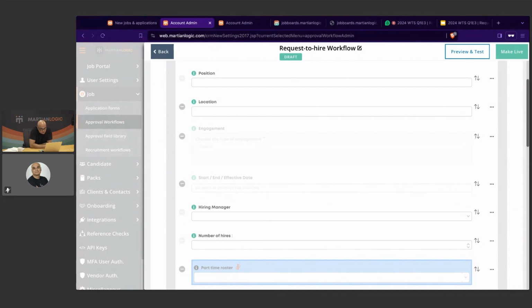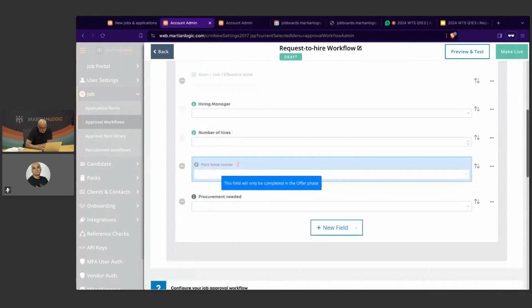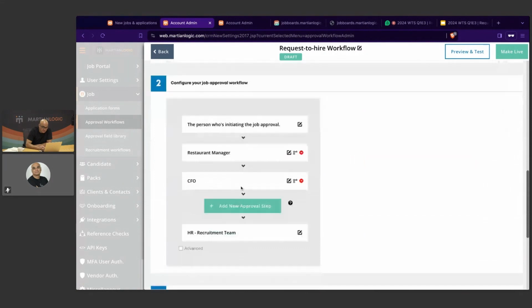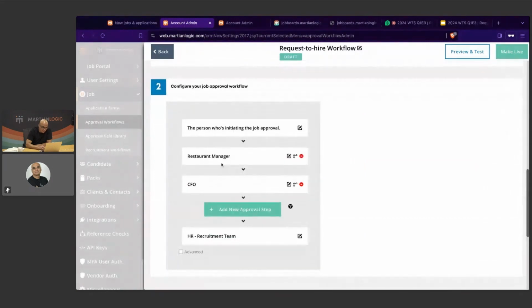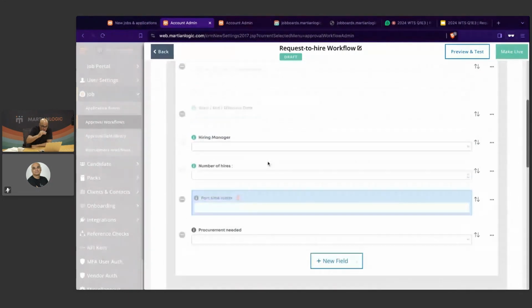So the point I was making is, when it comes to dependency, any drop-down, whether it's a system drop-down, part of the platform-wide feature, or whether it's your own custom one, you'll be able to set up dependencies on that. And there are 2 types of dependencies that we're talking about here: whether it's on section 2, meaning which approval point you want to be introduced or not introduced into the workflow, meaning hide it or show it, or whether it's a field here on the form that, because of this option selected in that drop-down,